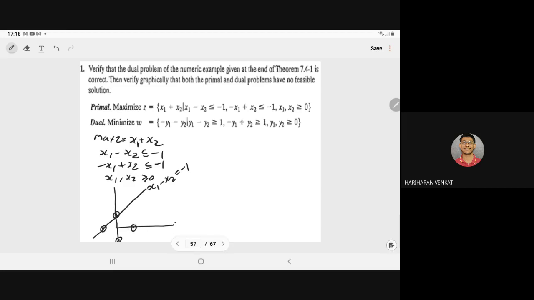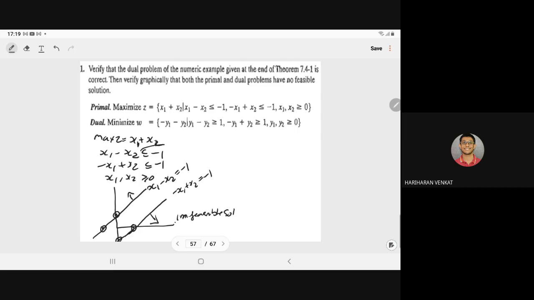So here we have the line for -x1 plus x2 is equal to -1. And you can see here, when we take 0, 0 in the first case, 0 less than or equal to -1 is not true, so the feasible region would come on this side. When we take 0, 0, 0 less than -1 is not true. So here we have the infeasible solution. Now